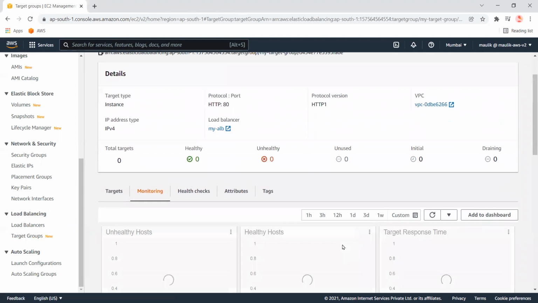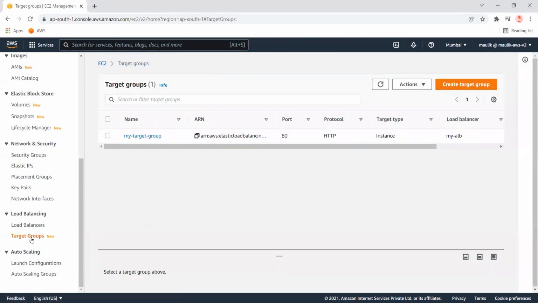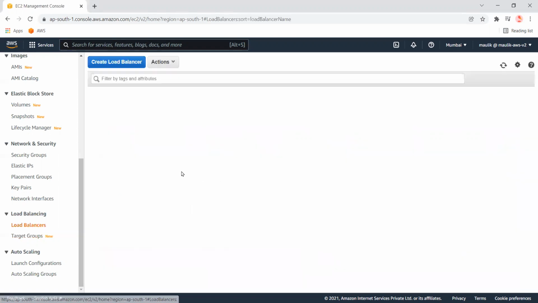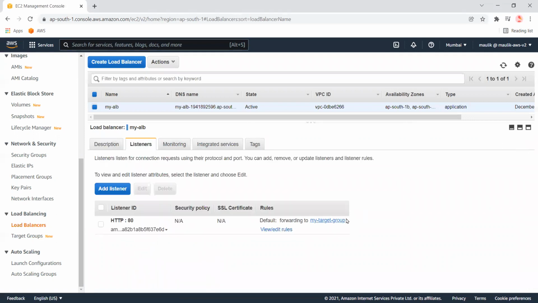In monitoring, I did nothing here. Now the load balancer, it is again similar to my previous video. It is just targeting that target group. And now another thing is the